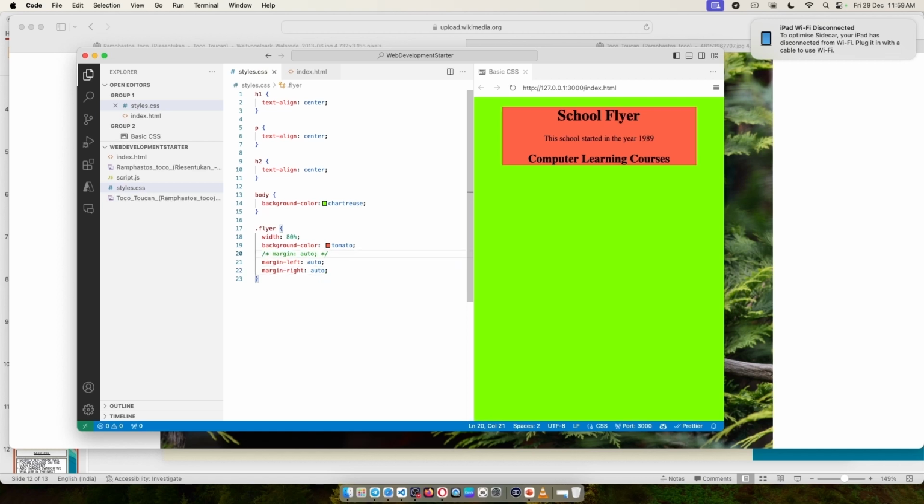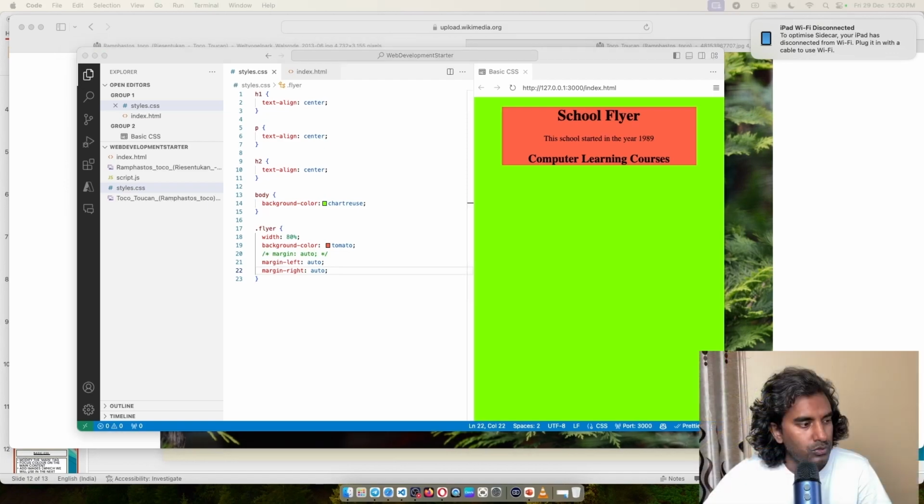Now that is what margin does. So you can either do margin left and right separately and just put auto. That's one way of doing it. Or you can say margin left and right auto, and you can get the same effect. Now this is something you will really understand the more you do HTML and CSS. There are always 2, 3, sometimes 10 different ways of achieving the same result. Okay, so whichever you feel comfortable doing, go ahead and use that method.